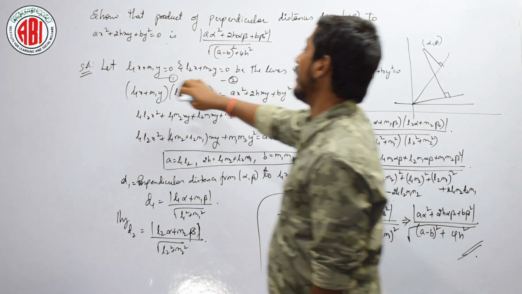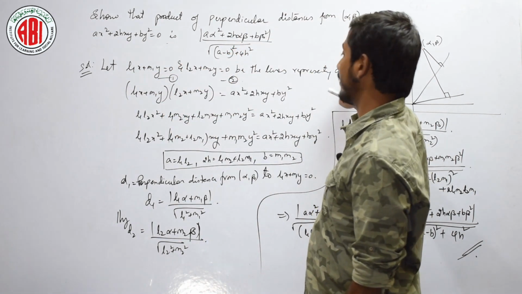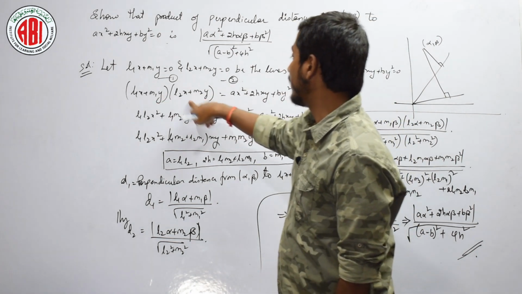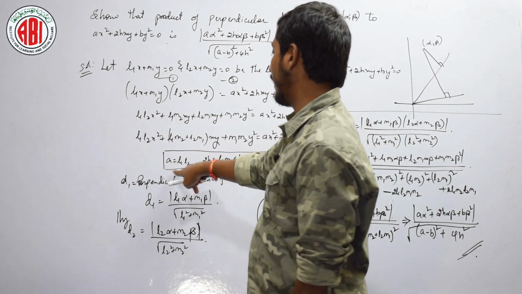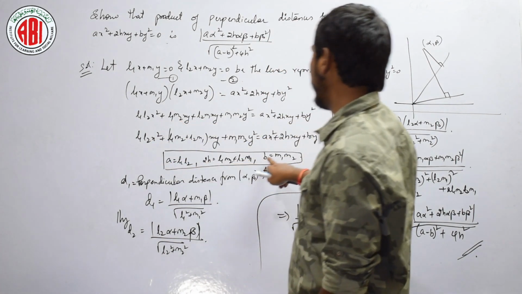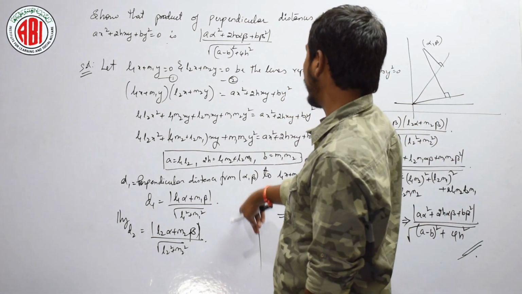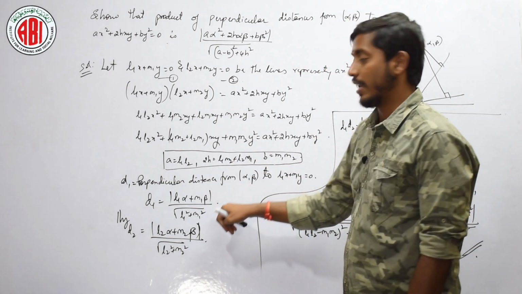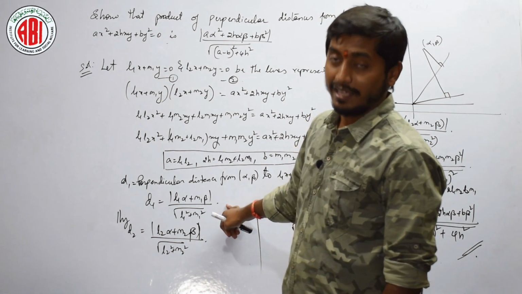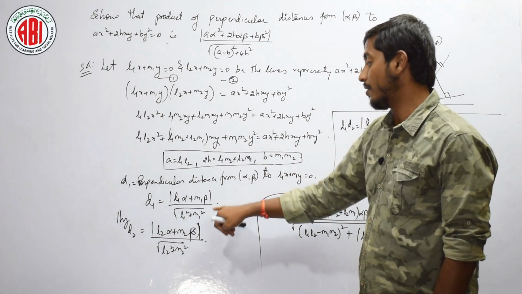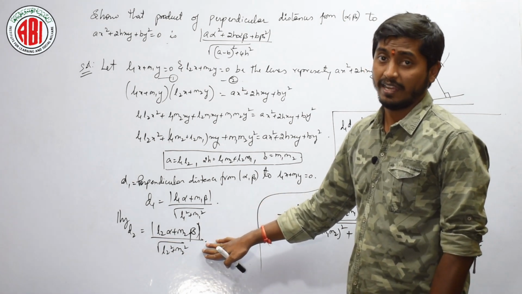Okay. See here. Now we will assume L1x plus M1y equal to 0 and L2x plus M2y equal to 0 are the lines representing this equation, right. We will multiply these both and equate it to this equation, then we will compare and get the values of A, 2H and B, right. Then we have to find the perpendicular distances from the first point to the lines; we will directly substitute in the perpendicular distance formula, that is (Ax1 plus By1 plus C) by under root of A square plus B square, right. Similarly for the second equation also.